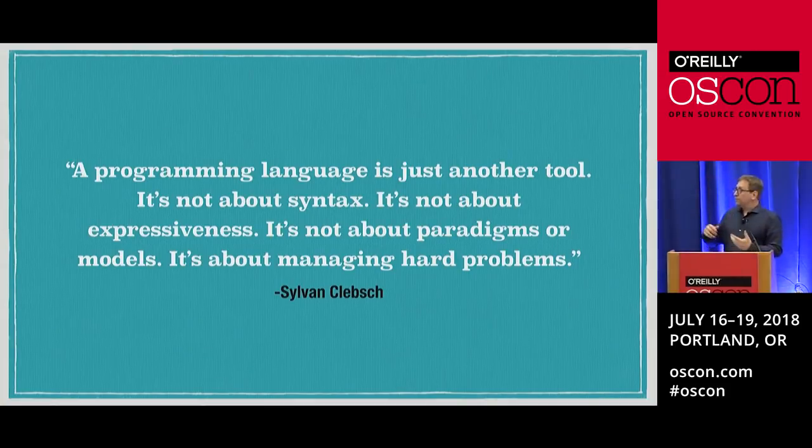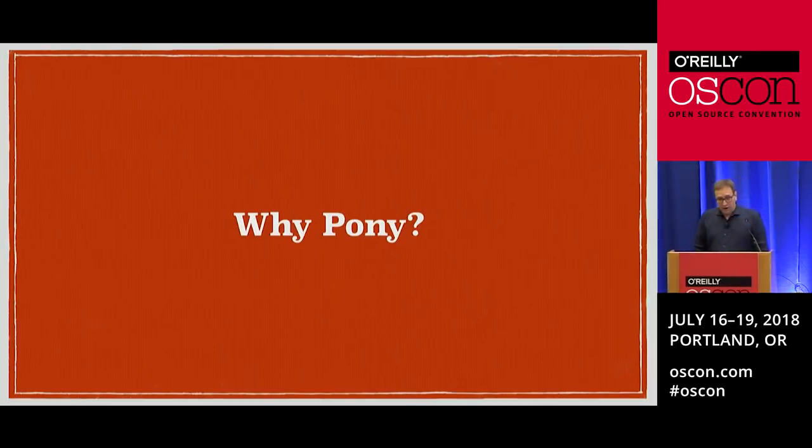So for a lot of the rest of this talk, I want to talk about why Pony was, at the time that we selected it, the right tool for Wallaroo Labs, why it was the right tool for us. And from that, hopefully you can learn why Pony might be the right tool for you. And also, I'll spend a lot of time telling you why Pony is not the right tool for you.